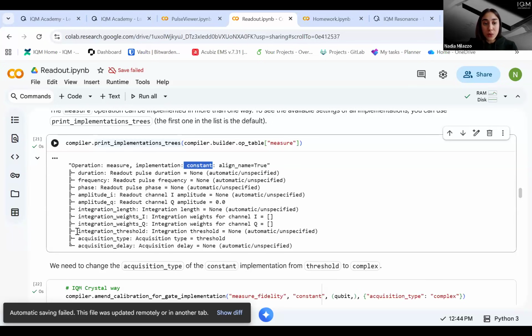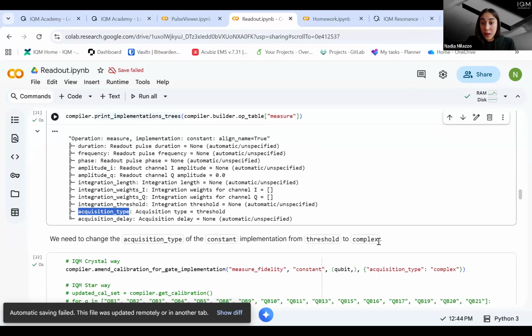But what we are interested in is this integration threshold, this acquisition type that is connected to the threshold, because we can do two acquisition types. We can do the threshold one, that is the default because we want our user to get what they're used to, this 0, 1 label, because this is what we usually understand. But here we wanted to go into a more physical level. So to do that, we need to change this threshold. We want to avoid thresholding,